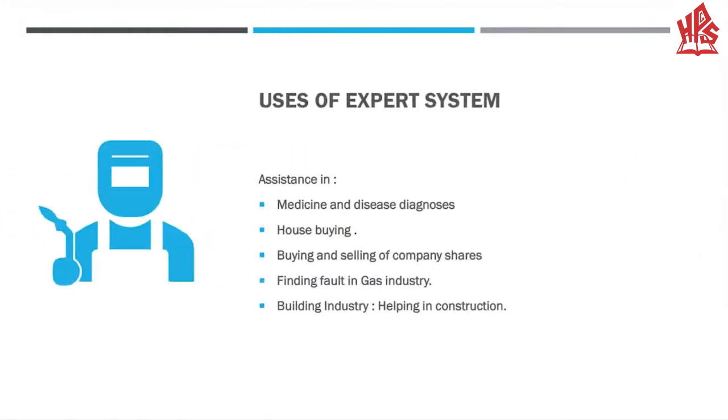Now, after understanding what is an expert system, you may ask, what are the uses, where it is actually used? Certainly, the uses are in a variety of systems where decisions are required to be made. For example, in medicine, we have to make a decision about which sort of illness needs to be diagnosed. Another is house buying, as to what type of mortgage is going to be best suitable for the house while buying. Buying and selling of company shares is also a basic case where we are asked to decide which decision to make